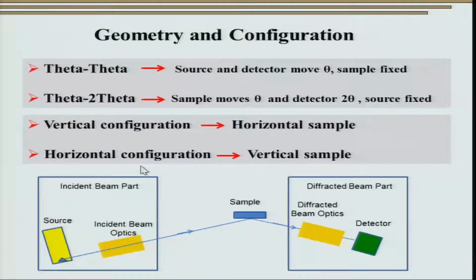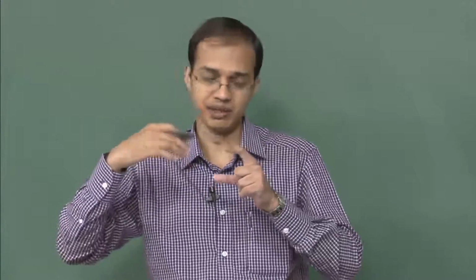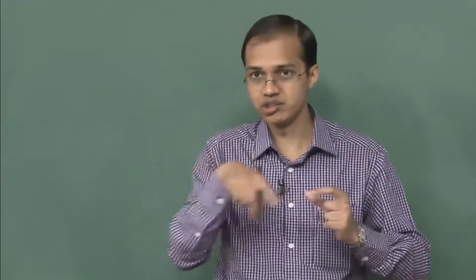However, if you are studying thin films or carrying out texture analysis, you may like to use a horizontal configuration, which essentially ensures that your sample is vertical. Having said that, the diffractometer essentially has to ensure that the diffraction condition is satisfied. Not only that, the diffraction condition has to be satisfied at the Bragg angle as well as at different inclinations of the sample, as well as the rotation of the sample to